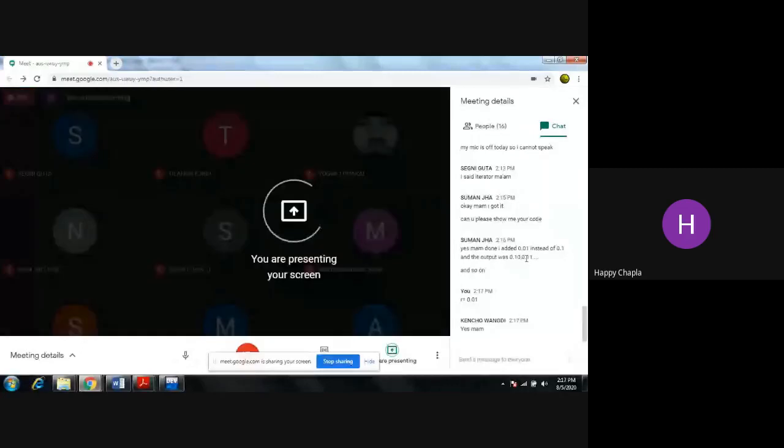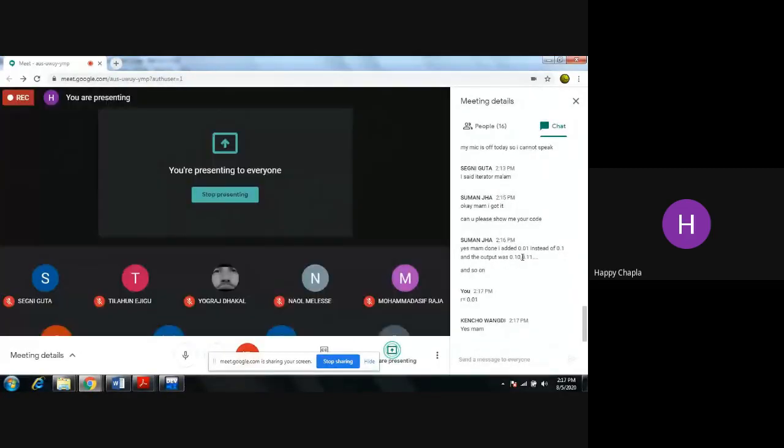Yes, so for that r value, what you need to do is add 0.01. The output was not 0.11, but you have to skip that 0.11.